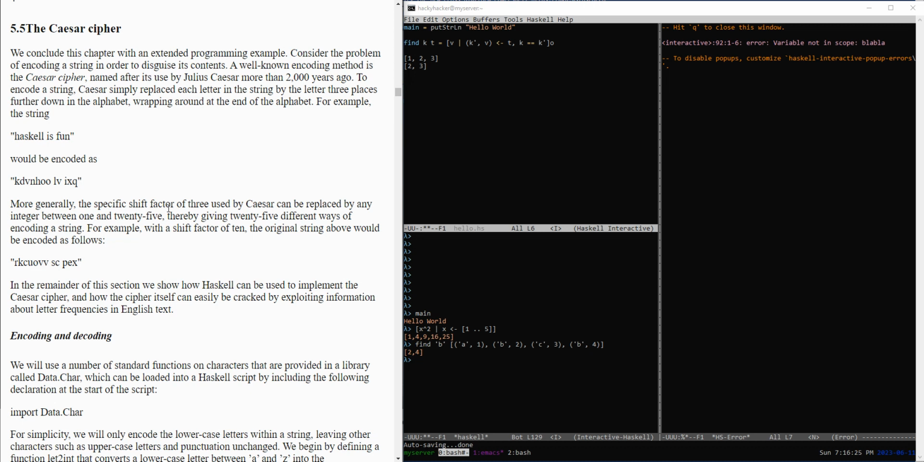To encode a string, Caesar simply replaced each letter in the string by the letter 3 places further down in the alphabet, wrapping around at the end of the alphabet. For example, the string "Haskell is fun" would be encoded as "Kdvnhoo lv ixq". More generally, the specific shift factor of 3 used by Caesar can be replaced by any integer between